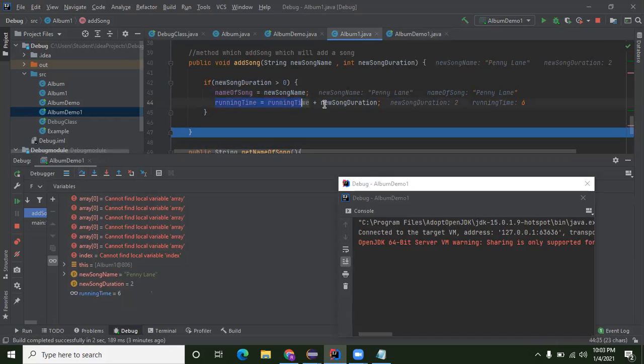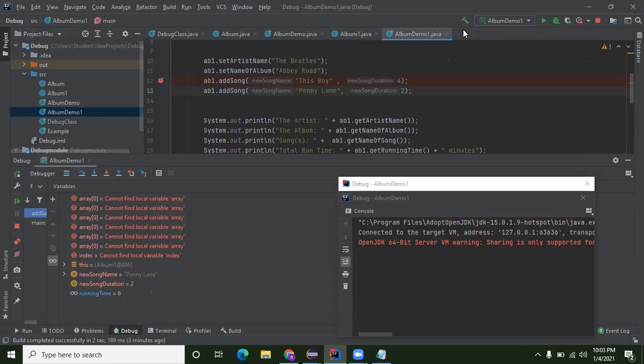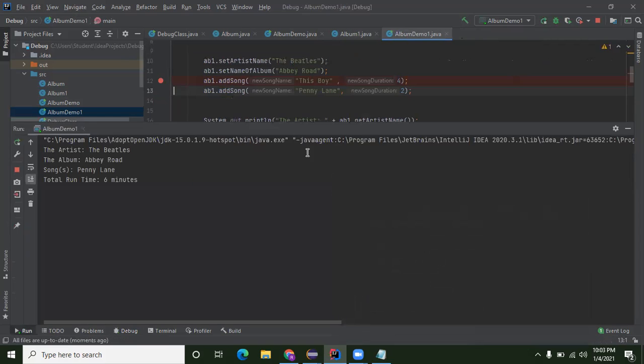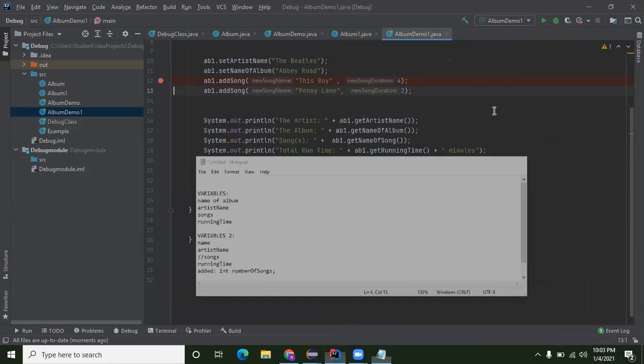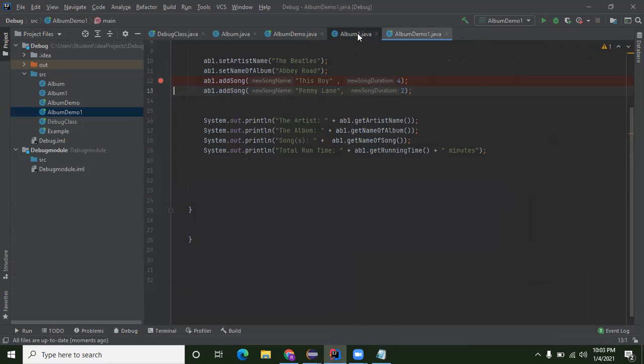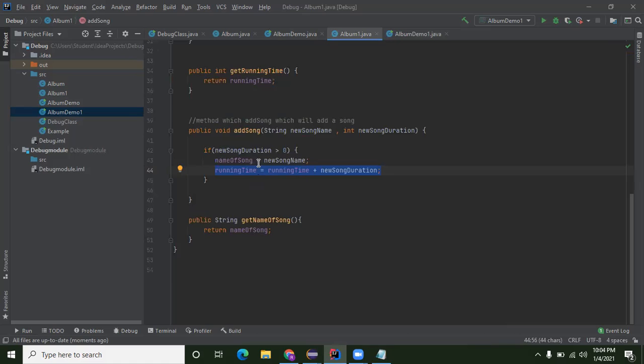But you can see that we're adding the total runtime, but we're not adding on the songs. And so it would make a lot of sense to have an accumulator for the songs as well. And so the way we do that, and I'm going to display it here, is first I'll do it and I'll show you why I did what I did. So I'm going to say name of song is equal to name of song, and this is of course just the accumulator pattern,